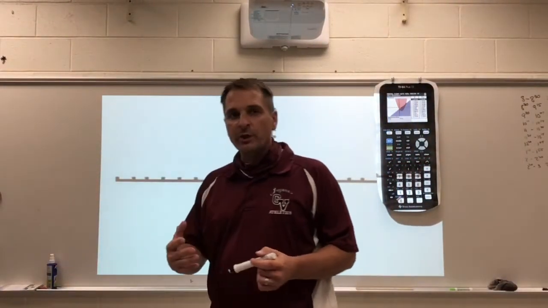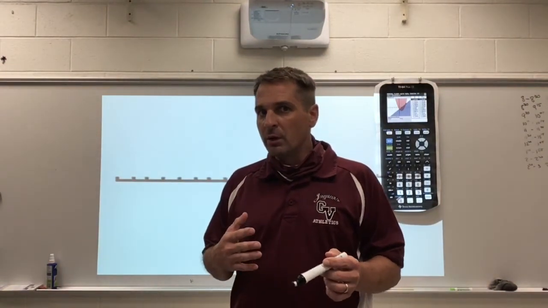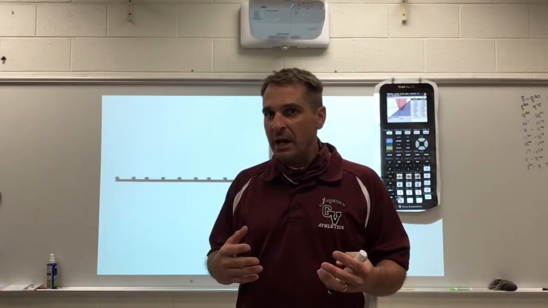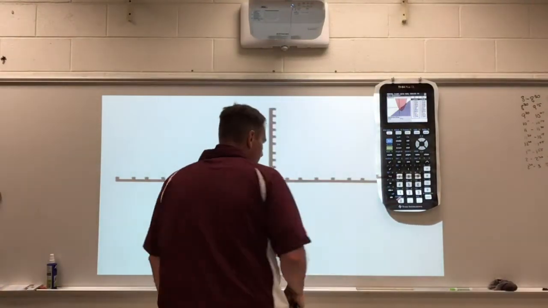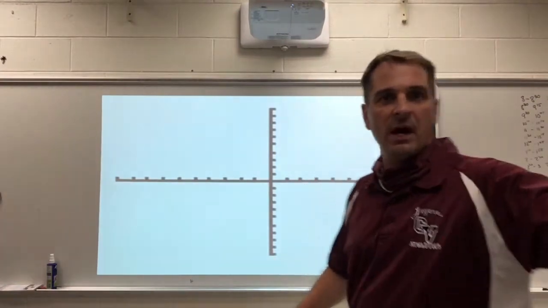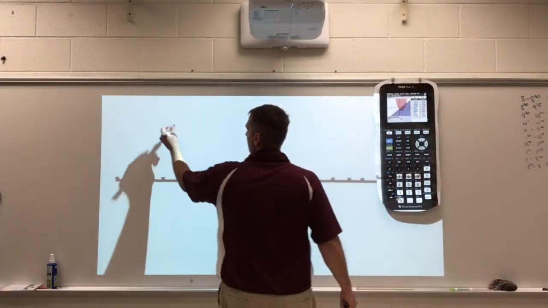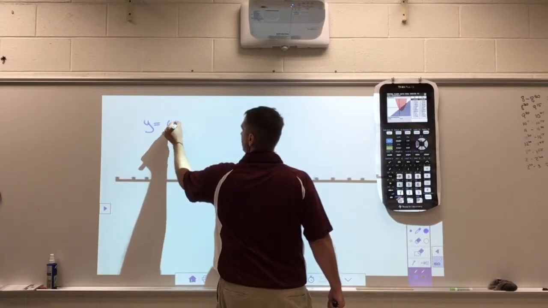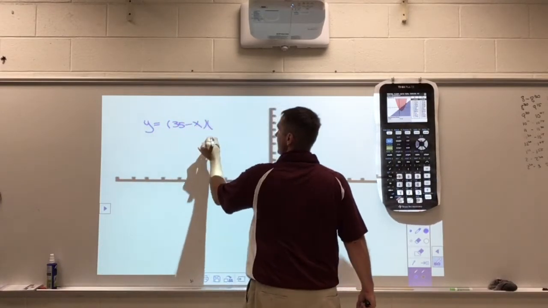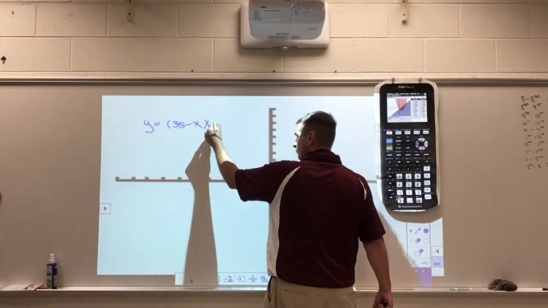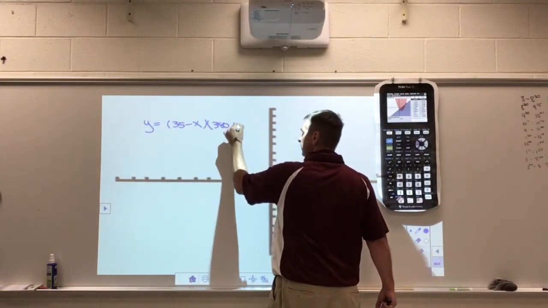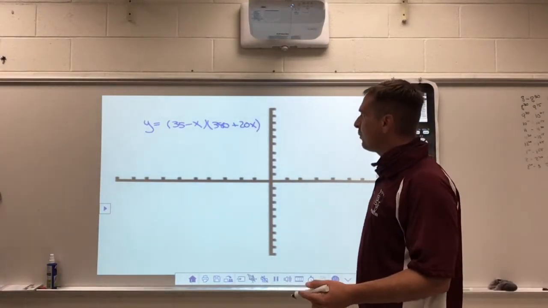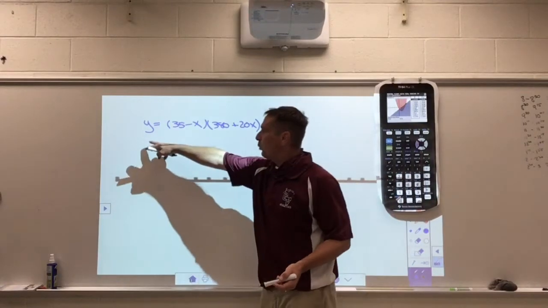So there's a couple of tricks you can use here for finding where your max and min might be, and one of them is think about your intercepts. So if I had, yes, Y equaled 35 minus X times 380 plus 20X. And if I use the zero product property and I just put 0 in for Y to